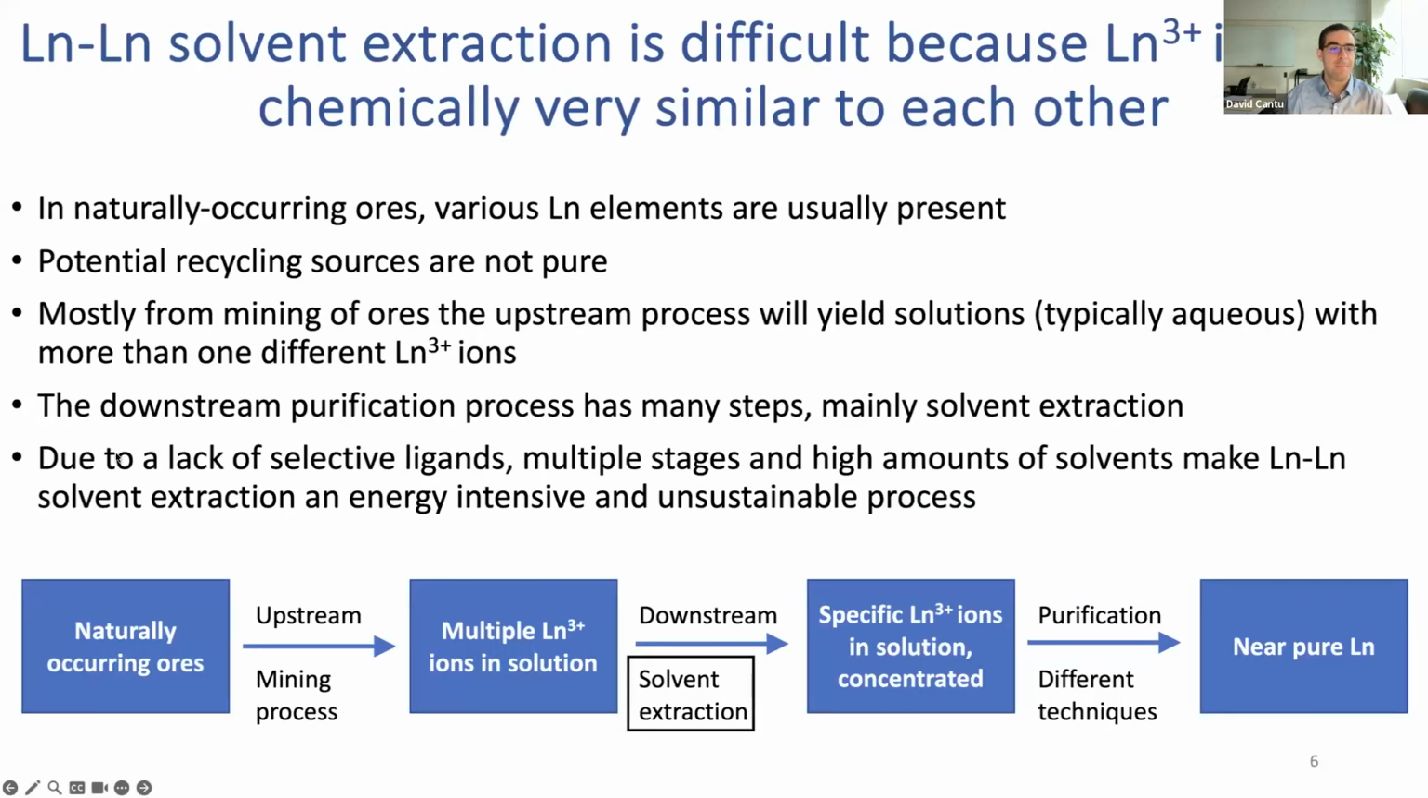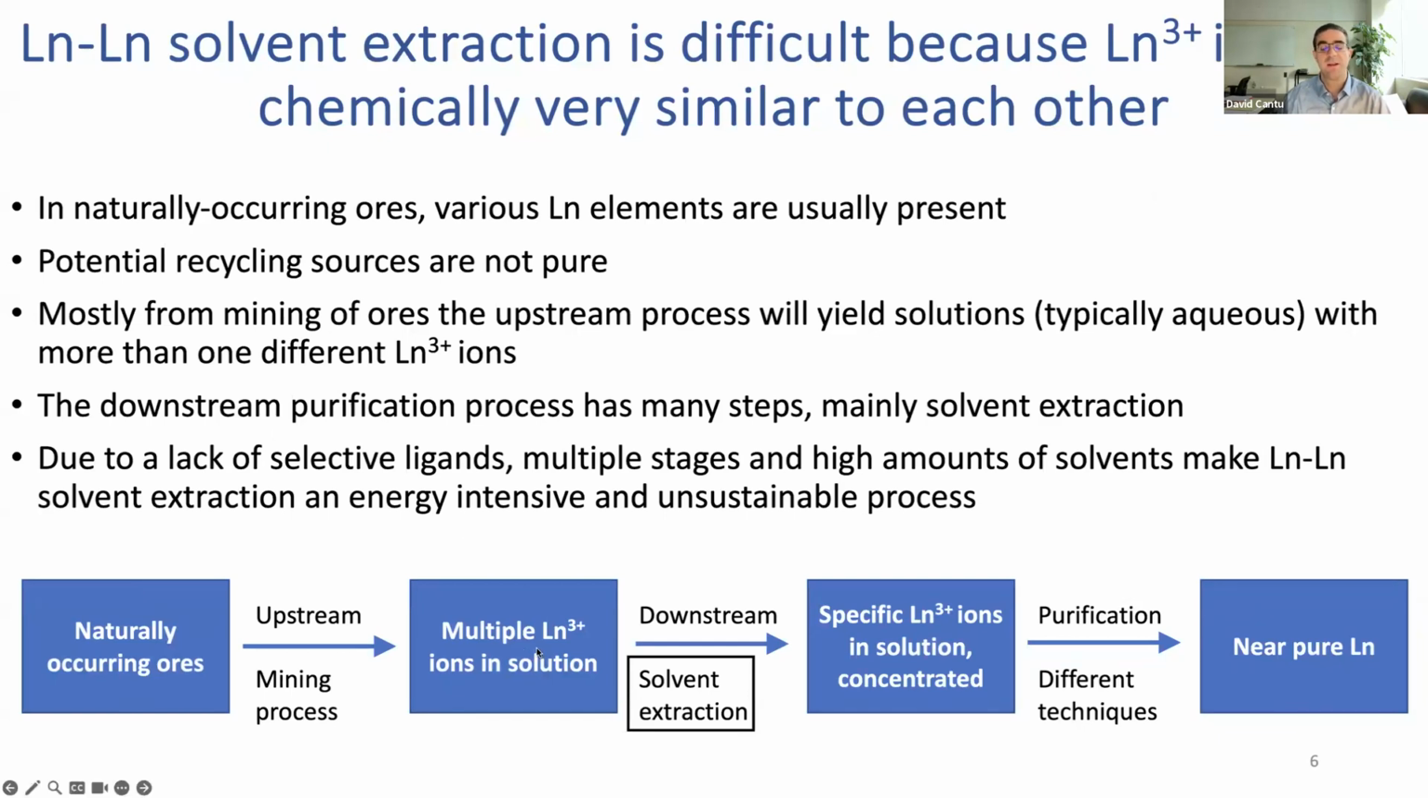So the mining process is many steps, and it's very complicated. You need to separate the rare earth-bearing ores from the non-rare earth-bearing ones, and eventually you reach a solution that has multiple lanthanide ions. And you never find them on their own because, well, in naturally occurring ores you have many of them present, and if you recycle electronics, there is usually, again, more than one lanthanide. And then to separate